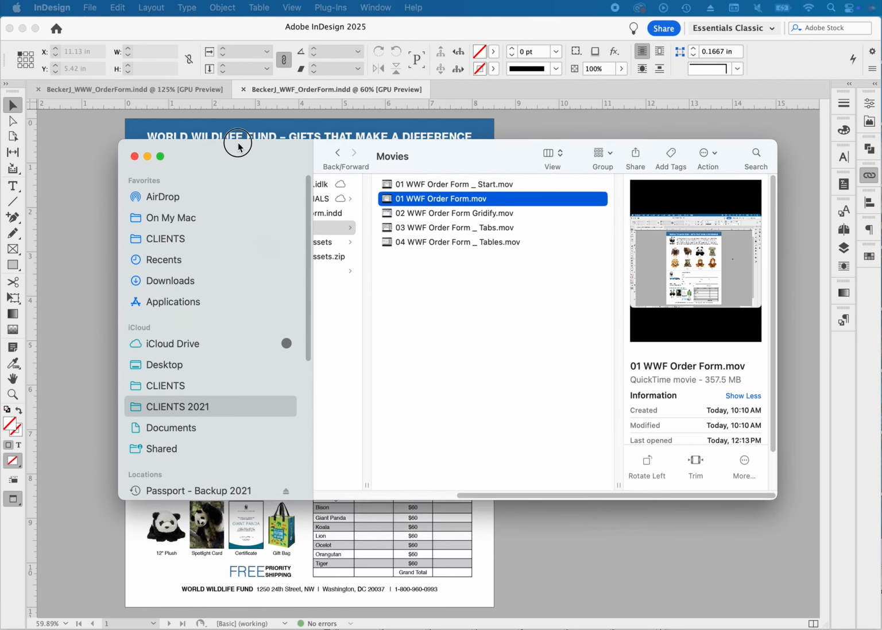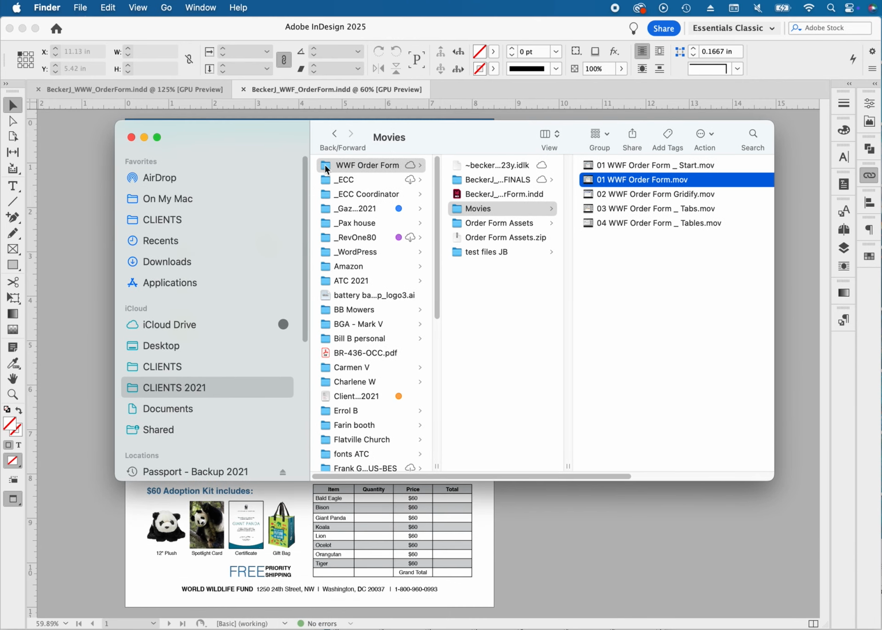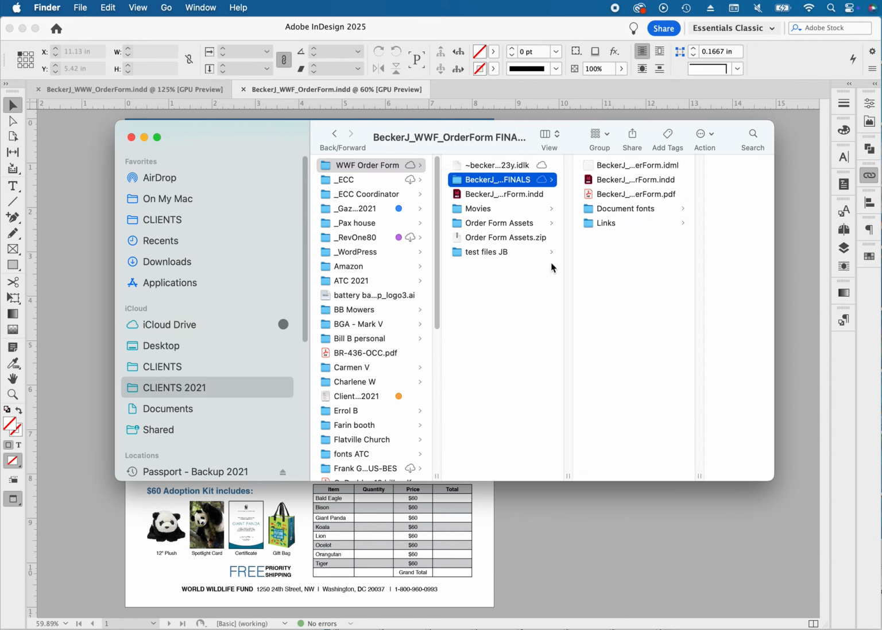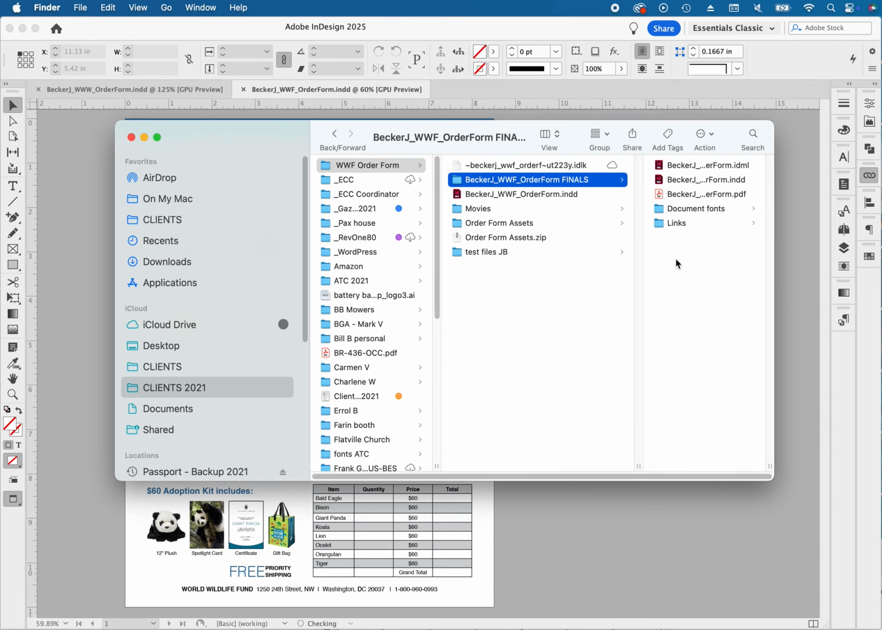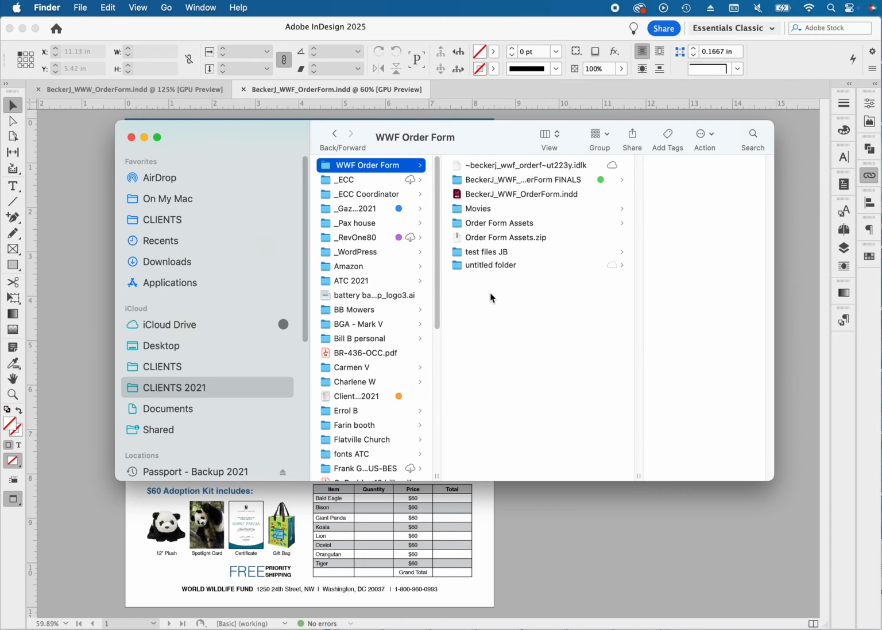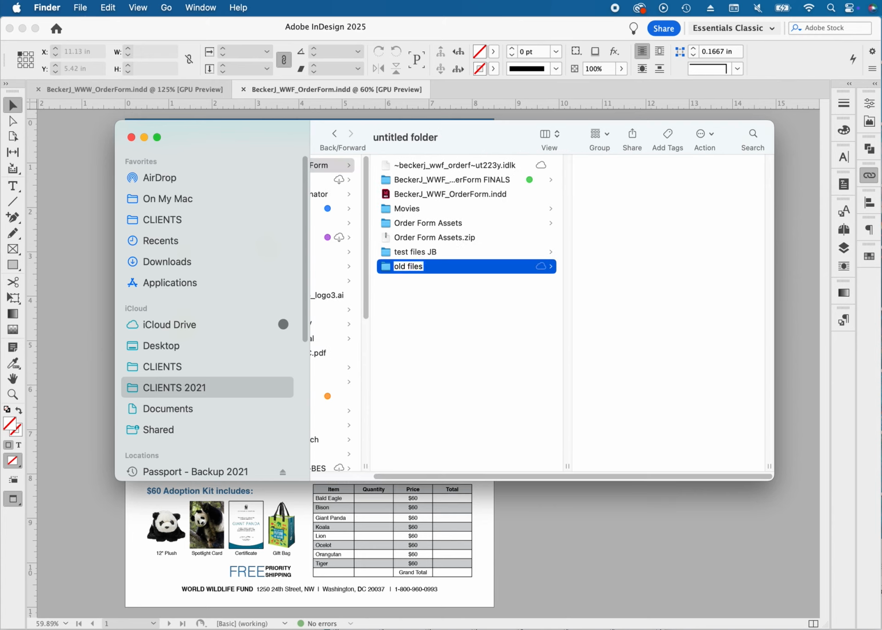Okay, so in the order form, I now have a folder here with my links, with a PDF, the original IND file, the IDML in case somebody doesn't have the right version of InDesign. But this, I will actually tag it with a green. And then my biggest thing is I'll make a new folder and I'll put old files, old backups, or whatever it might be. And then I'll move the original in here,